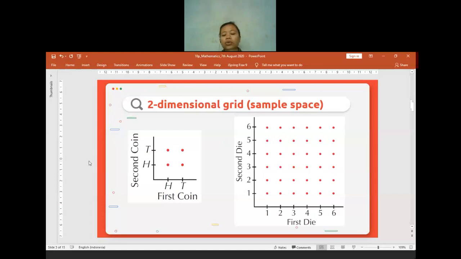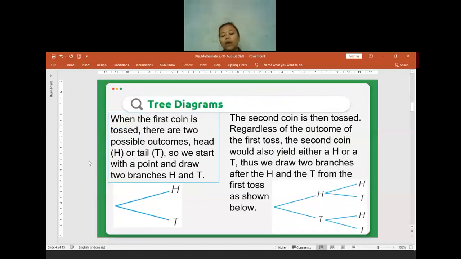If later we use the tree diagram, it can be used if I only do one experiment, or two experiments, or three experiments. So if it is only, maybe, I want to toss a coin, if it is only one coin, the branches here will be open for the H and T. If I use two coins, this is for the H and T for the first one. For every H or every T, I have to make another branch for the second coin. If I use three coins, I will make another branch. That's it for using the tree diagram.